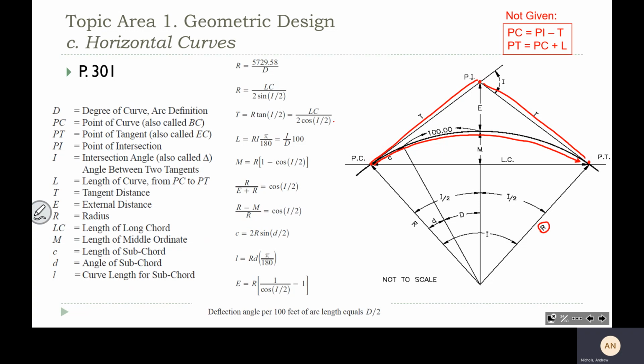So if we were to zoom out and we were in CAD or something, we could continue this circle on around, with this being the center of the circle. So we're just subtending a portion of a circle of a defined radius. Let's see. Did I update this picture? Okay, so if you look at the diagram here,